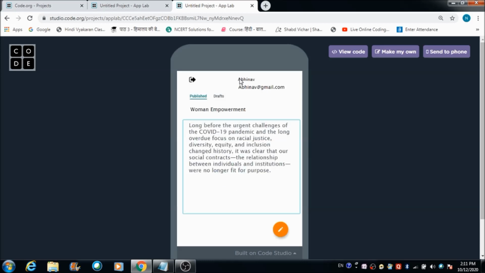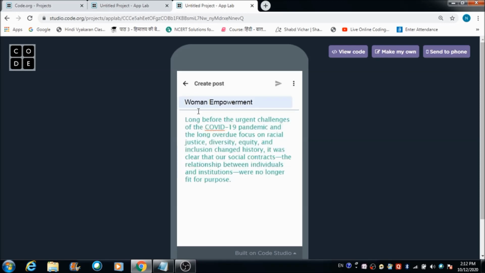Now let's see what's going to happen when we hit this screen. So we are able to fetch the name, the email ID and the title and everything over here. Let's see if the person, now this is an existing user. Okay, let's see whether we'll be able to create a new post or not. For the same, you need to click on this button. So we have got redirected to this screen, the create post screen. Let's create another post.